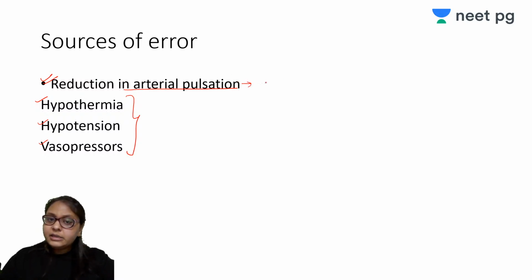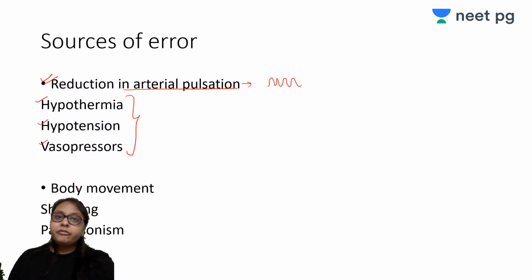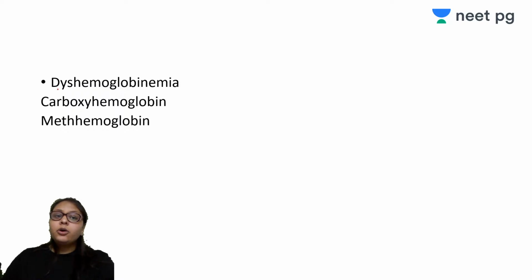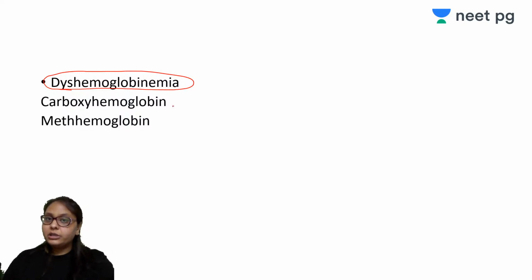तो इसमें क्या होगा, इट इज डिटेक्टिंग ओनली द पल्सेटाइल फॉर्म, तो इसमें प्लेथिस्मोग्राफ का एम्पलीट्यूड कम आ जाएगा, एंड दैट विल हैम्पर आवर SpO2 रीडिंग. ओके, बॉडी मूवमेंट्स, if the patient is shivering या फिर उसको पार्किंसोनिज्म है, that will also give us false value of SpO2, because वो लाइन में नहीं रहेगा, बार बार हिलेगा, तो it will give us the false value. Okay, then